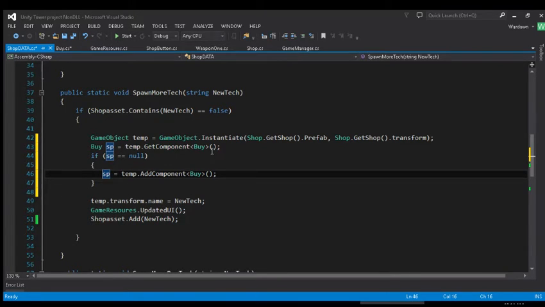So it will pretty much do the same thing, except it'll do a get component. If it already has one, then it does that. So transform.name